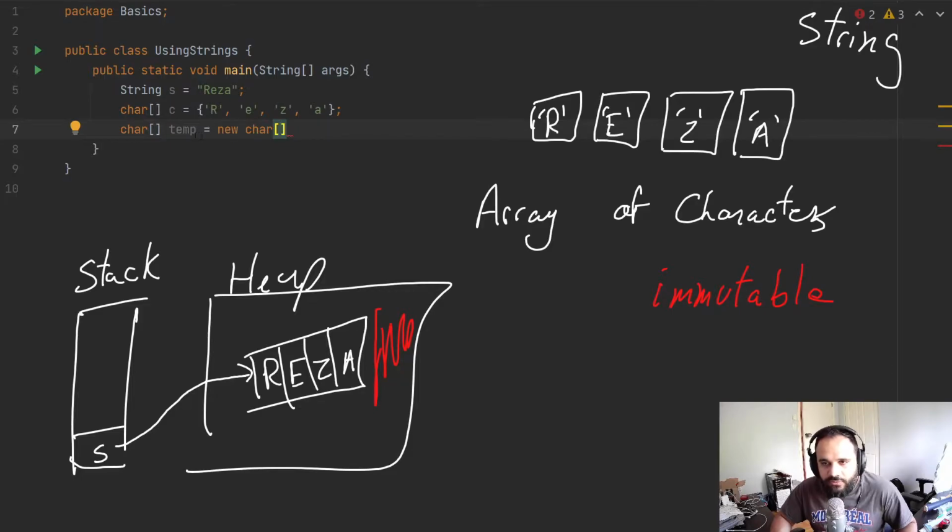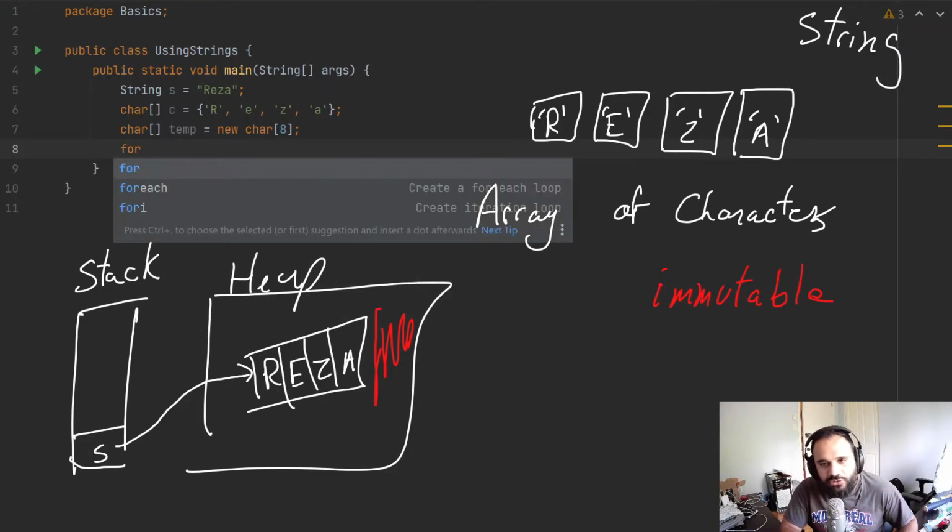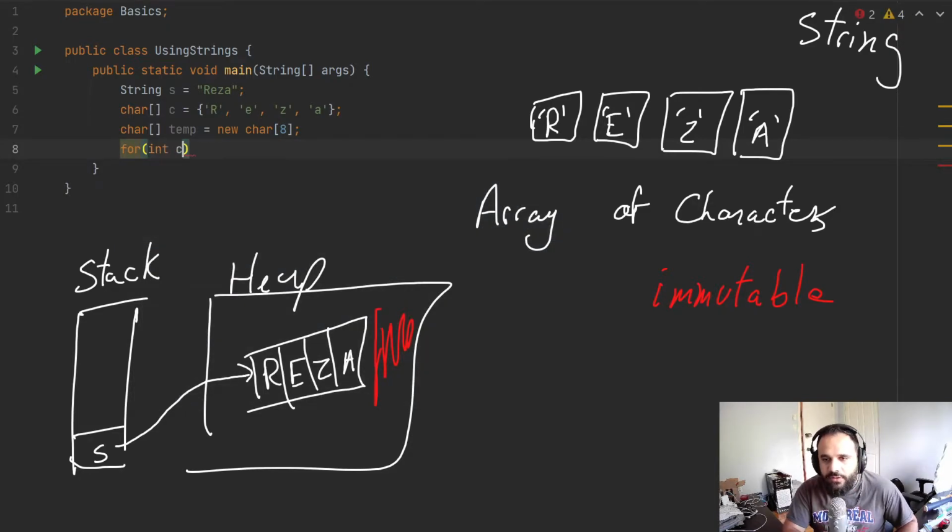So because this creation is actually costly. But anyway, here we had 4 characters, so we'll make it 8. So now we have enough space to store those values in there. Normally you would create a for loop or whatever you want to copy those values. So let's say